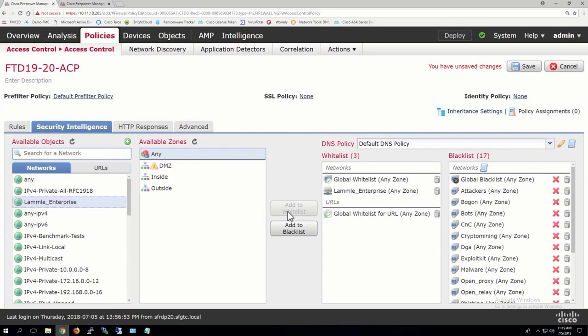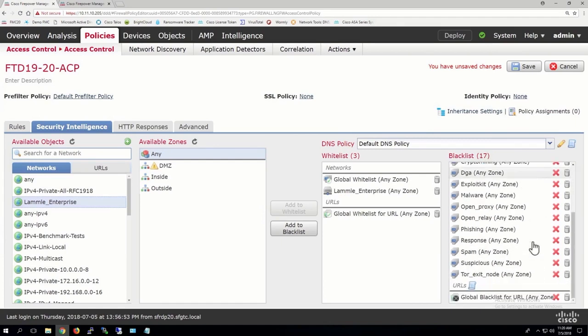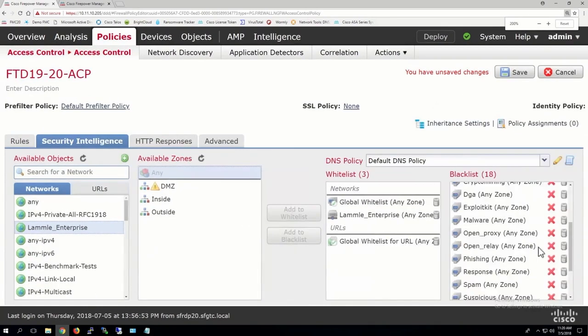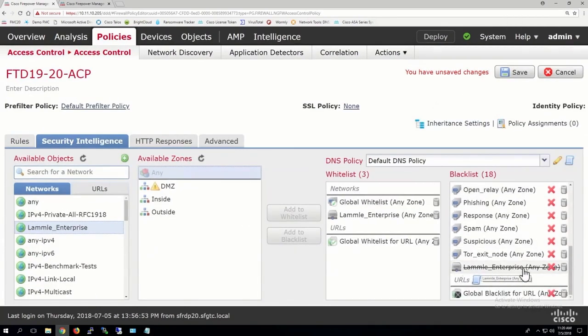The whitelist doesn't allow people to go to egress. That's not what it does. It doesn't say, oh, you're whitelisted, you're good, go. Nope. The whitelist, we'll take a look down here. See this? It is used only to override the blacklist. So watch this. I'll say add to blacklist. I don't know if you can see that or not, but there is a line through that. Why? Because it's overridden by the whitelist. The whitelist overrides the blacklist. So it's only there so you accidentally don't blacklist a host. So that email issue where people are calling me would have been solved had they had their enterprise object in their whitelist, or some sort of object in here that defined their inside network or whatever, right? It doesn't do anything other than that.